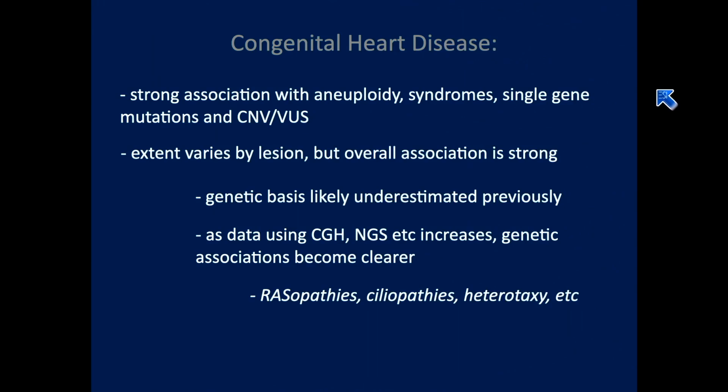So congenital heart disease, as we all know, has a very strong relationship with aneuploidy syndromes, single gene mutations, as well as, if you're speaking about array, copy number variants or variants of uncertain significance. The extent of that association differs significantly by lesion. So some of them, such as typical D transposition, are very weakly associated with any underlying genetic etiology. Others are very strongly. The genetic basis is likely to become a bigger component to things as we get better